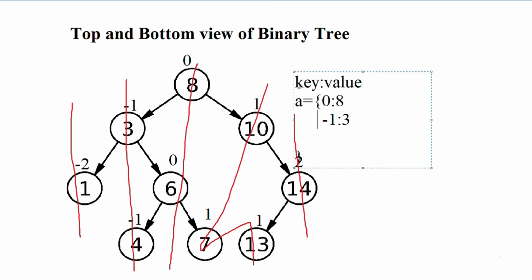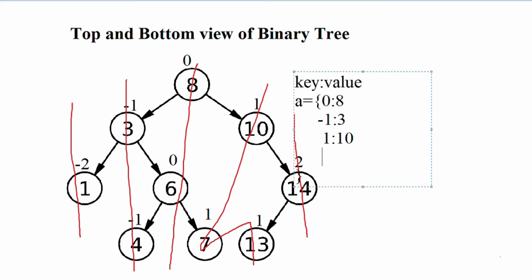I'm doing a level order traversal, right? So then I move to the right child. I get a key that is 1. So I check, is 1 present in my dictionary? No, actually 1 is not present. So I'll say, okay, insert 1 and insert the value as the data of that node. Okay, so I hope you're understanding where we are trying to go with this.